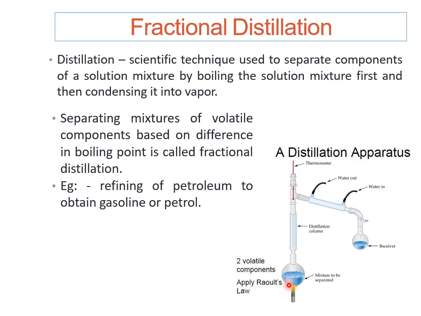So when it reaches 65 degrees, what will happen? Vapor will be produced and it vaporizes into this chamber. At this chamber, water is coming in and water is coming out, so the process of cooling happens around here. When the vapor mixes with the cooling water, it is going to distill and